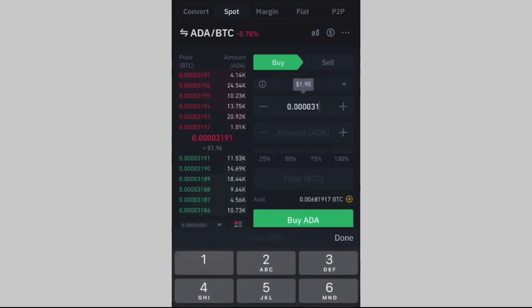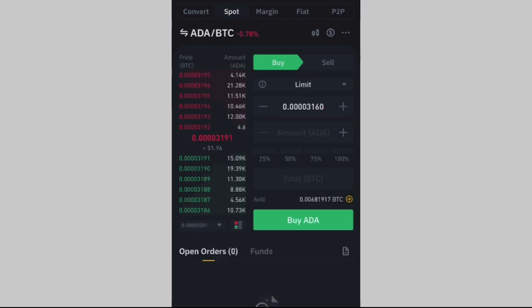Then you can clear it. Maybe you can put 3160. Then maybe that means that you want to buy the coin when it gets to 0.00003160. That's the function of limit order. Limit order allows you to set your own price. So it allows you to set the price you want to buy the coin or you want to sell the coin. So what this means is that we want to buy this coin when it gets to